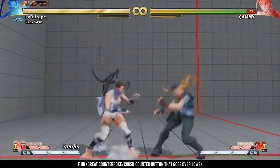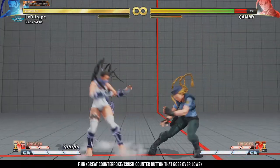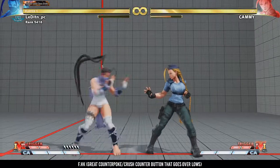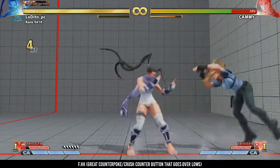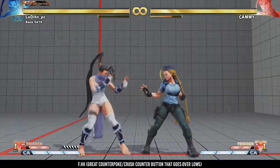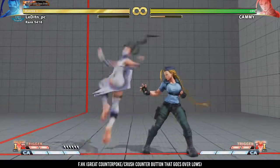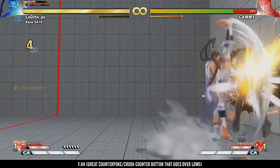Forward HK is one of Ibuki's best buttons. It's a great counter poke, crush counter button. Goes over lows and is only -4 on block, making it very hard for a lot of characters to punish it. A small tip on this, it's better to hit this button a bit closer so it either hits or they have to block it, than to whiff this button because the recovery is pretty big and